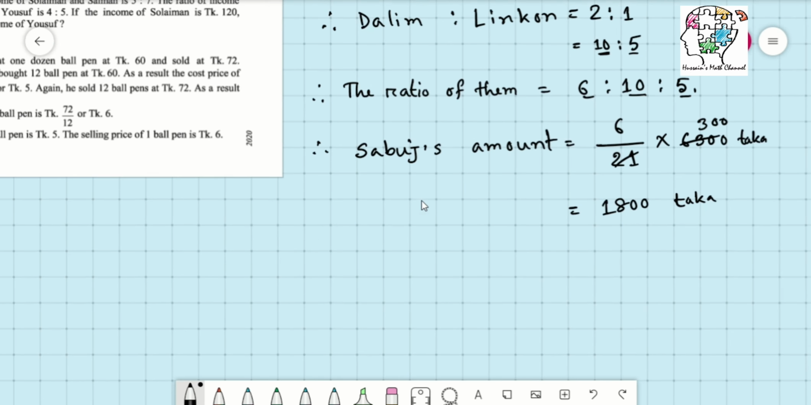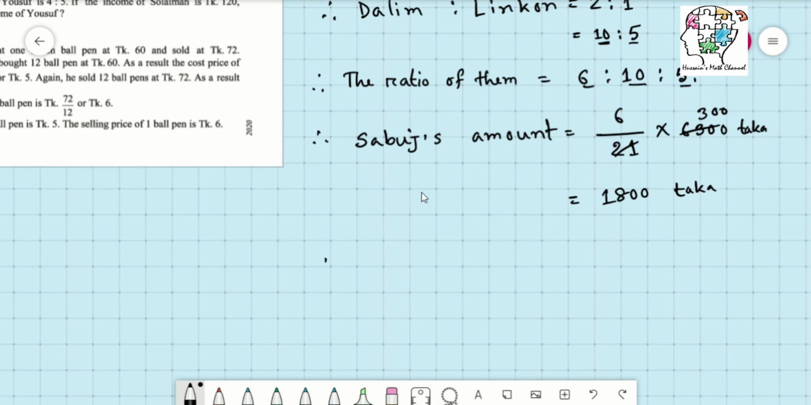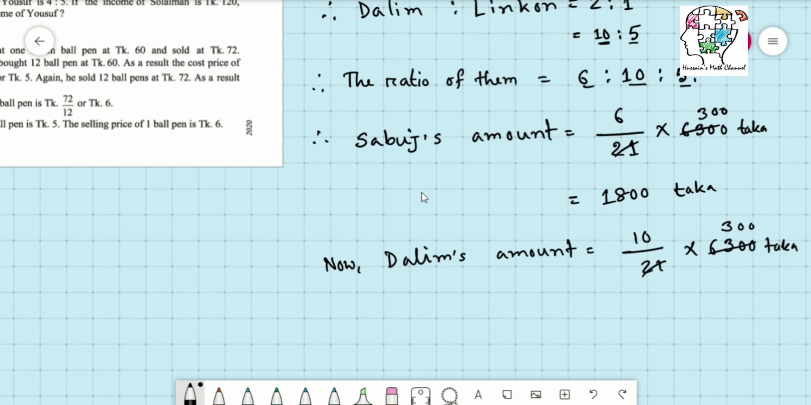Like this we can find Dalim's amount. Now Dalim's amount is equal to 10 divided by 21 times 6300 taka, which is 21 times 3 is 63, so the answer will be 3000. Now again, finally, if we find Lincoln's amount